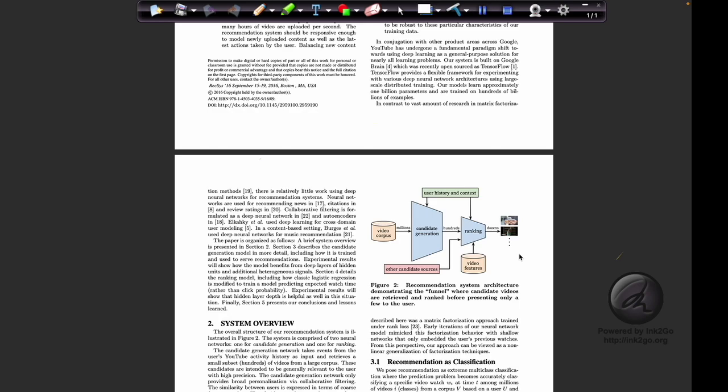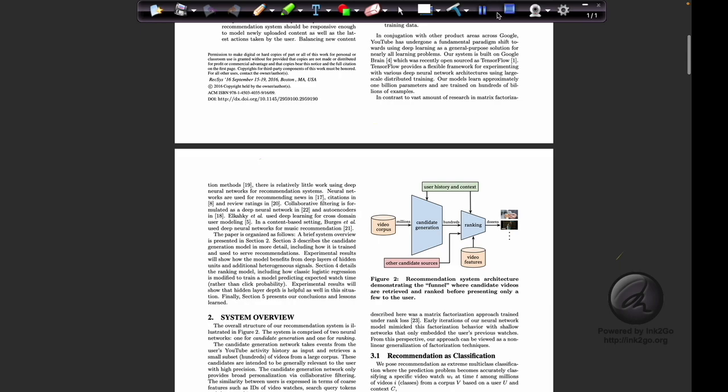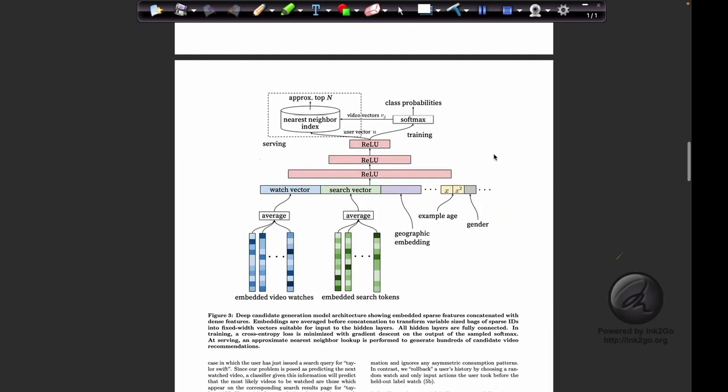which is for optimizing the CTR, and it gives the probability of which videos the user will watch or not. So let's explain the high level architecture of the candidate generation model. This is a candidate generation model.